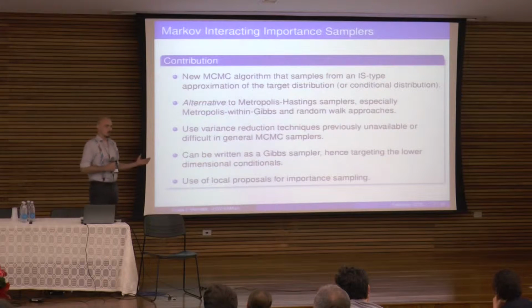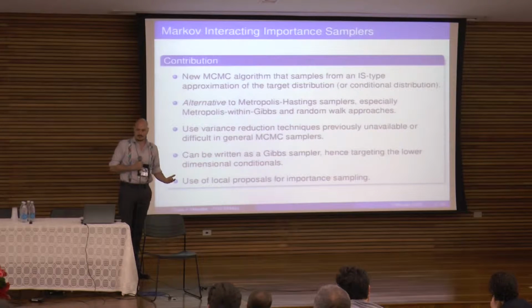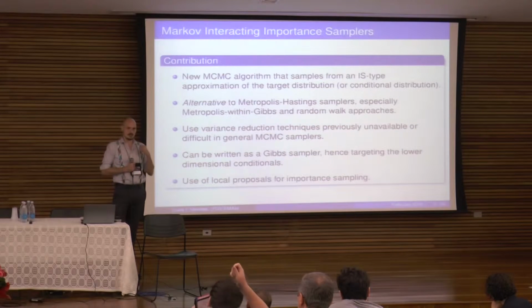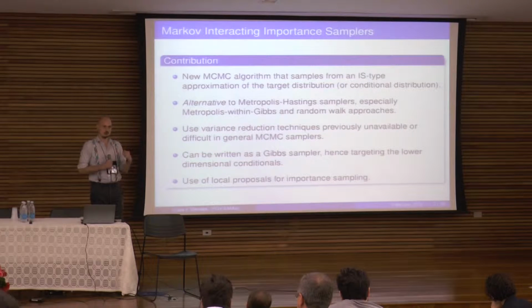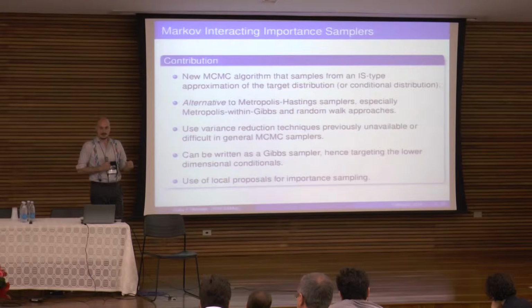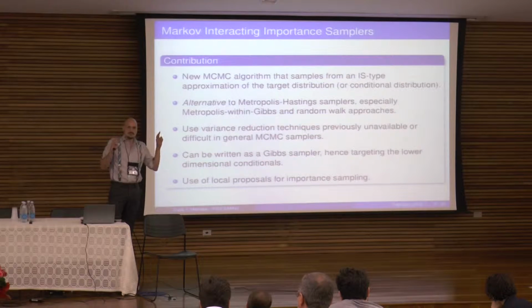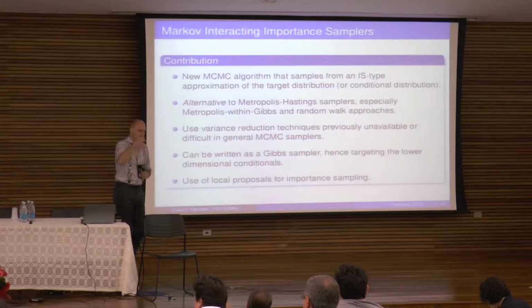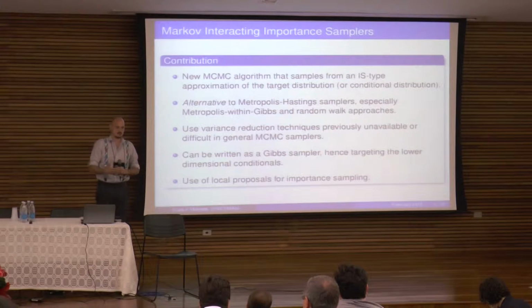Okay, so we propose a new MCMC algorithm, and it's based on, instead of sampling from a proposal distribution, you construct an importance sampling approximation of a proposal distribution, and then you sample from it. It's an alternative to Metropolis Hastings. It's not really an alternative because it is a Metropolis Hastings algorithm, but it's a different way of thinking about it, as opposed to constructing a proposal distribution, sampling this proposal, and iterating sequentially. We want to construct an approximation to this proposal and then sample from this approximation.